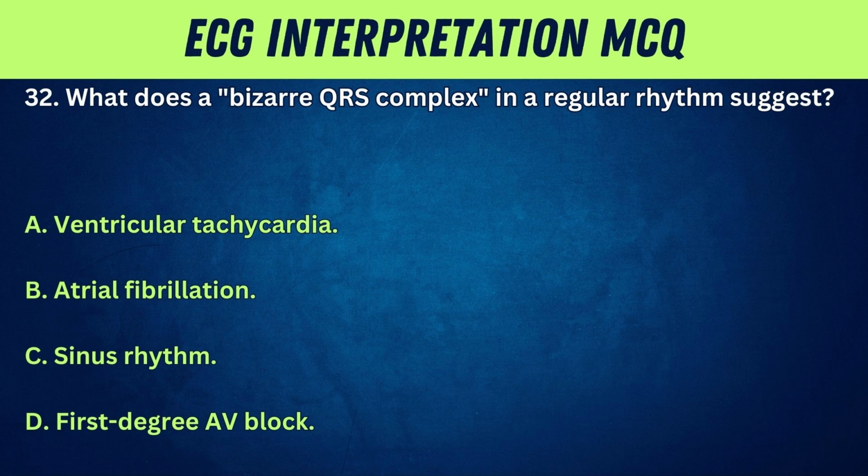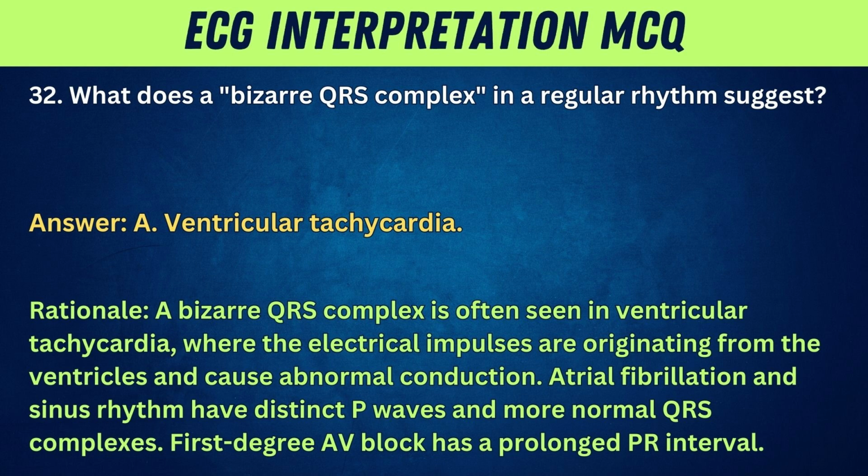32. What does a bizarre QRS complex in a regular rhythm suggest? A. Ventricular tachycardia. B. Atrial fibrillation. C. Sinus rhythm. D. First-degree AV block. Answer: A. Ventricular tachycardia. Rationale: